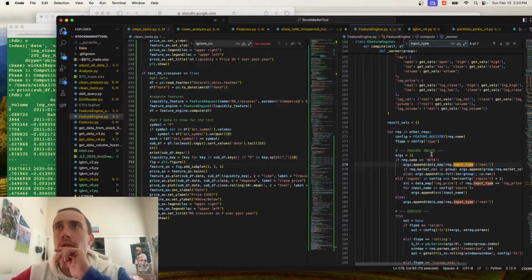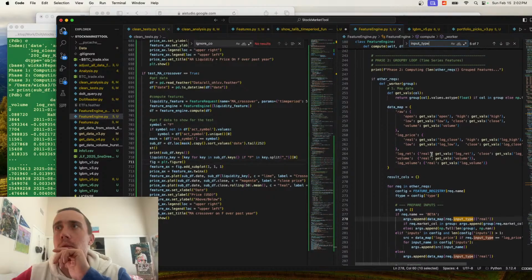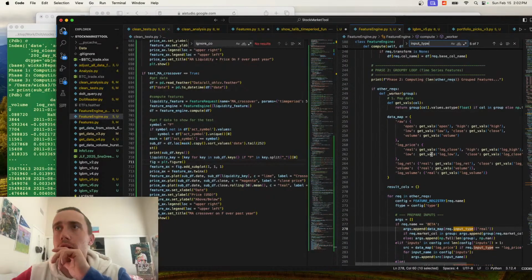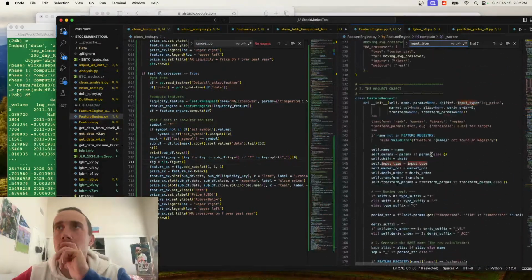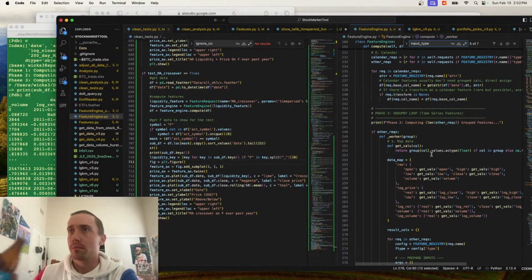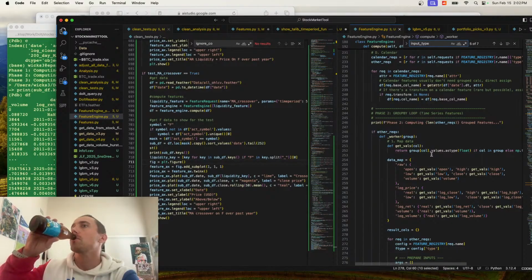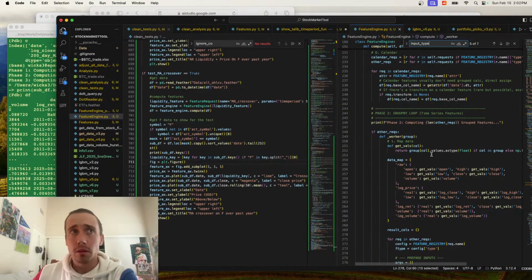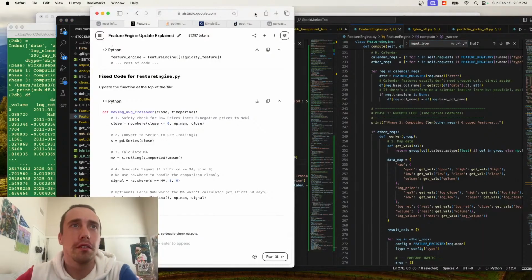Data map of request.input type of real. So when I define the feature,